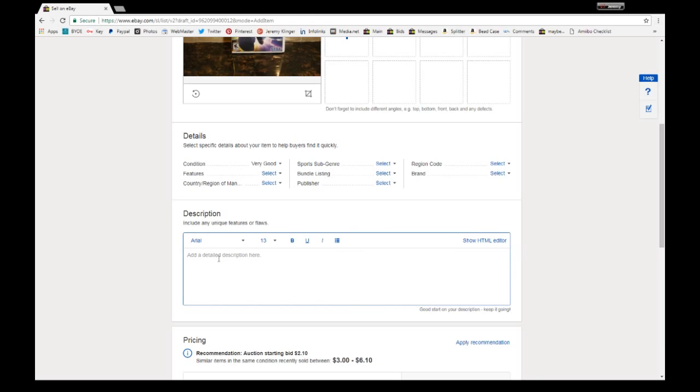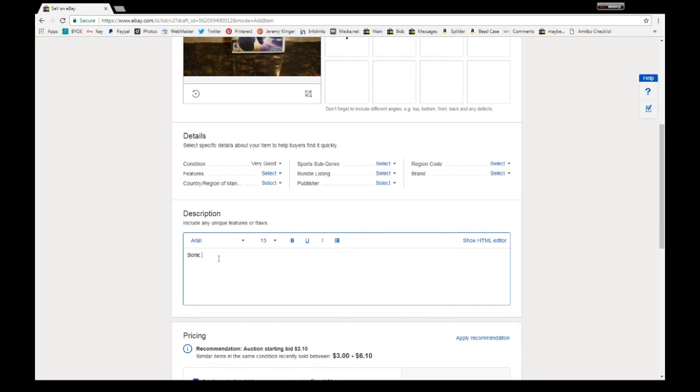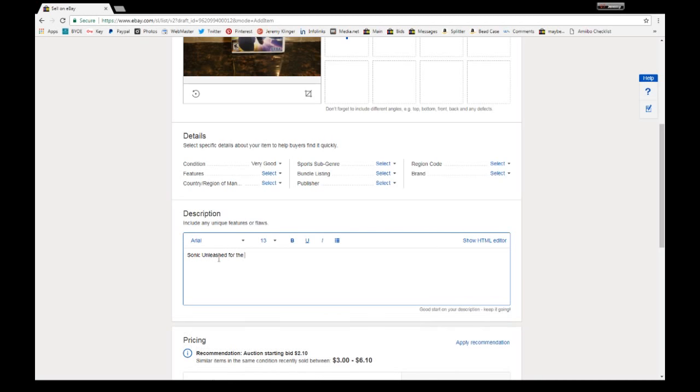So all I'm going to write is I'm going to restate what it is I'm selling, Sonic Unleashed for the Nintendo Wii. And then I'm going to also state the condition. I'm going to state any real big issues, like the disc is very scratched, or the manual's missing a page, anything like that. Like, it is in great shape with very minor